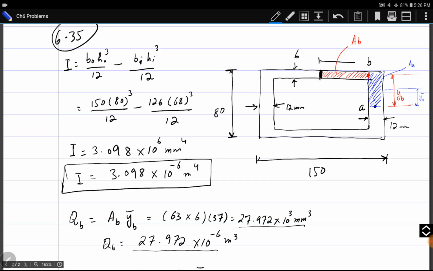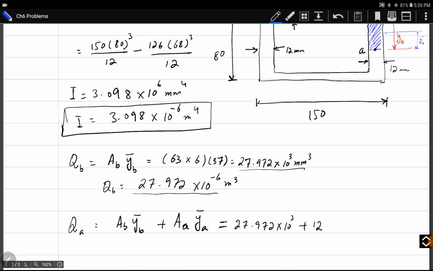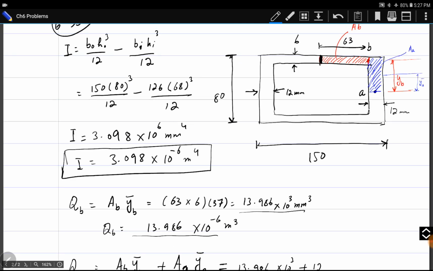This width is 63. Okay, so I will make a correction. 27 point, this becomes 13 point 13.986. Okay, sorry for the mistake. Okay, AA is equal to